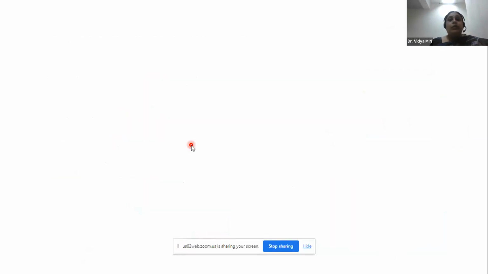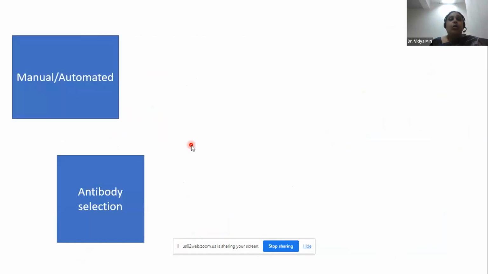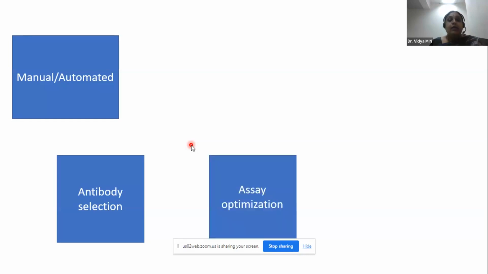So once you know that, let us go in and start our IHC test. What all should you, as a lab director or a lab manager or a chief pathologist, bother about or know in your lab? You need to know whether you need to go in for a manual or an automated type of processing for your IHC. You need to also